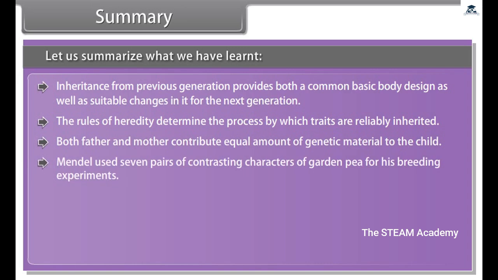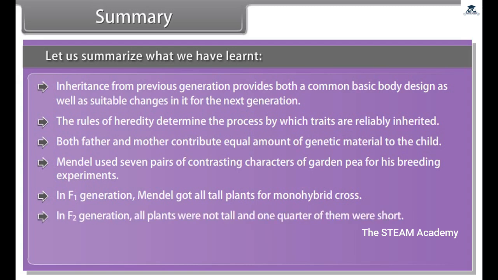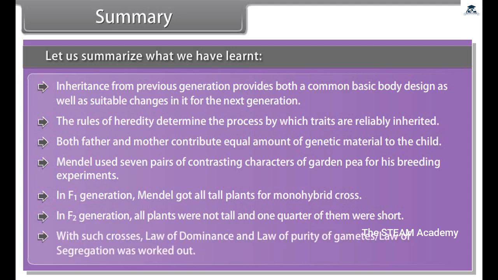Mendel used 7 pairs of contrasting characters of garden pea for his breeding experiments. In the F1 generation, Mendel got all tall plants for the monohybrid cross. In the F2 generation, all plants were not tall and 1/4 of them were short. With such crosses, the law of dominance and the law of purity of gametes, which is also called the law of segregation, were